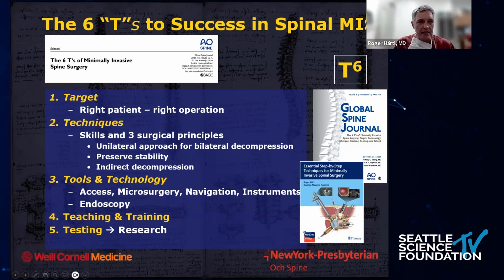The most important thing, I think, is really number one, which is patient selection, target, the right patient, the right operation. Techniques, we'll talk about that a little bit. So the surgical techniques, that's difficult to teach, really. That's something you do in your residency, your fellowship, sometimes in cadaver labs, surgical simulation. The fun stuff is obviously tools and technologies. There's so many tools that we use, and you could see that on that slide before. And again, opportunities to misuse them or have complications. And then teaching and training is very important.